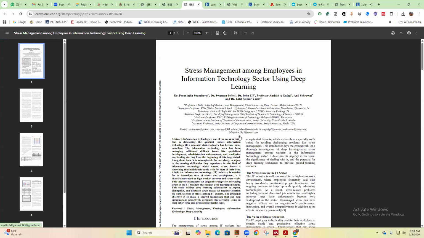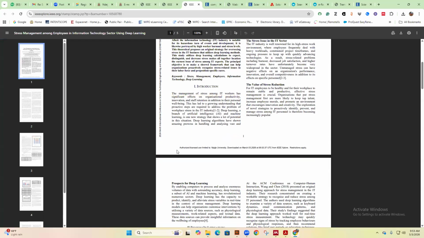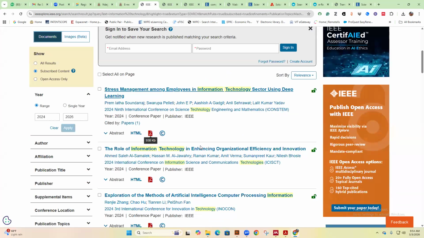So here is my article. And the database will recognize where you've downloaded it from. So they are telling you authorized license to use limited to Ndege University, downloaded on March 3rd, 2026 at this hour. So we access this because we are authorized. We make payments, so subscriptions annually. So that's how you can be in position to access